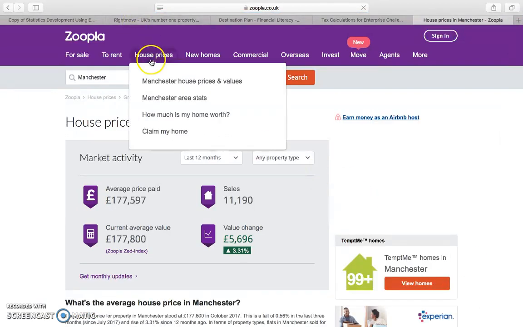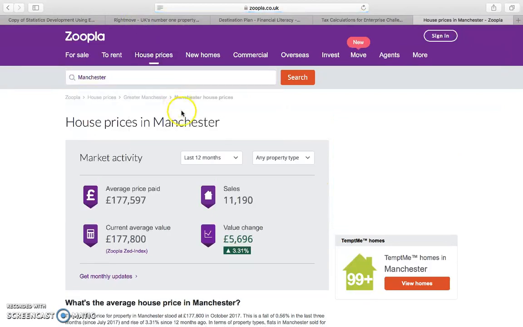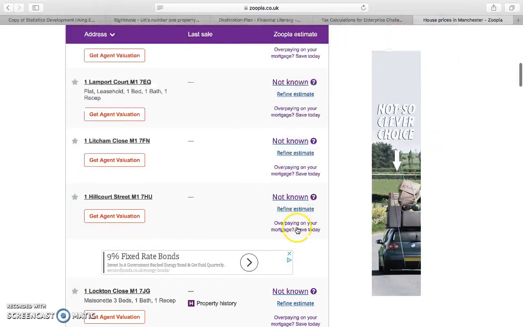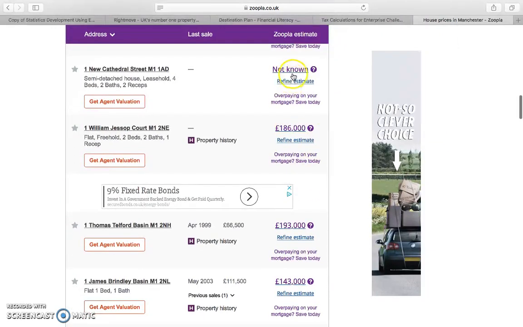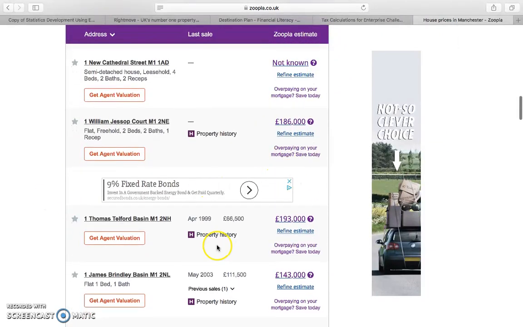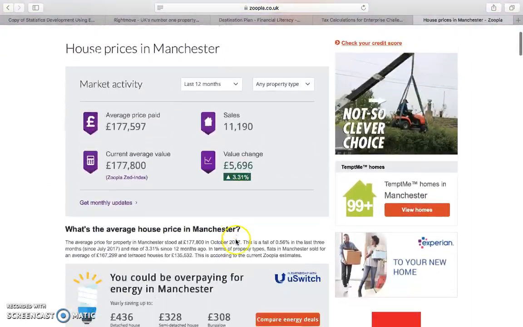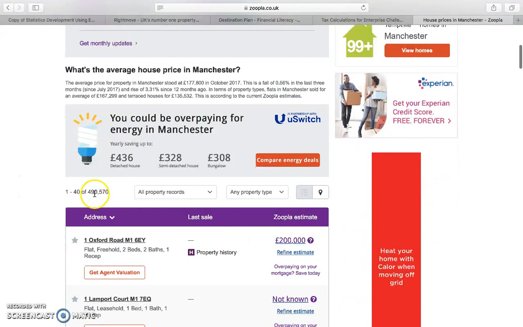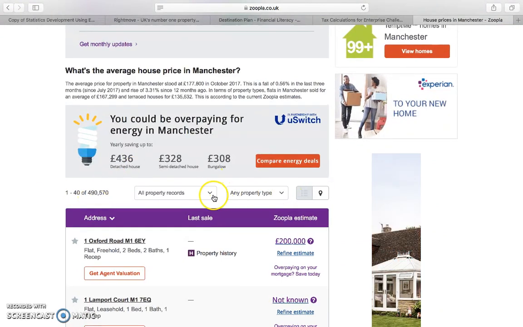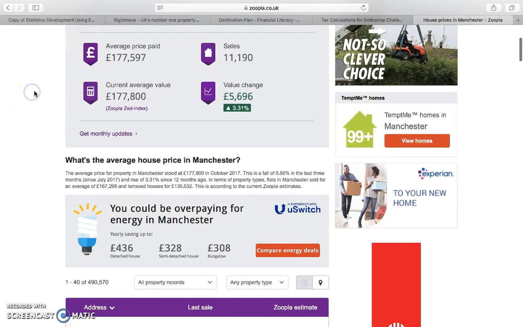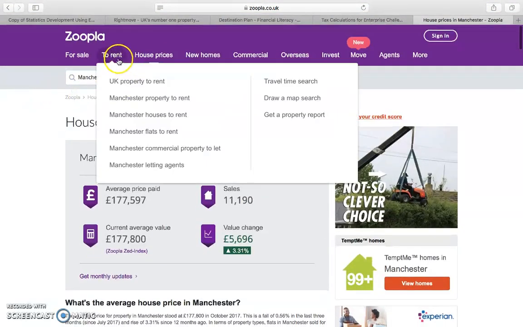Okay, so Manchester house prices and values here, and again we've got the different types on these. Skipping past the not knowns, picking up the information that I need. Again, there's going to be a lot of these, 490,000. So there's plenty to choose from, and you can do these if you want to, just to pick them out perhaps a bit quicker if you want to look at the other ones. With regards renting,